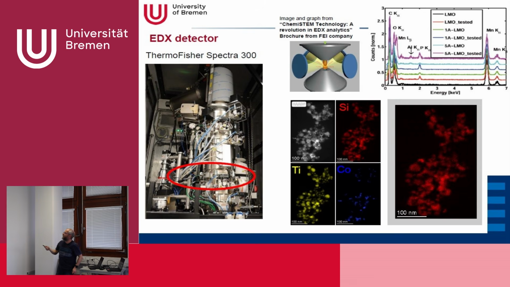And then we can see, of course, the distribution. This movie I like very much because it shows that the larger particles consist of silicon and titanium, and then we have small cobalt particles in between the silicon titanium particles. In fact, we also see that these larger particles are not fully composed of a mixture, but they phase separate, so the silicon and titanium separate in these particles.